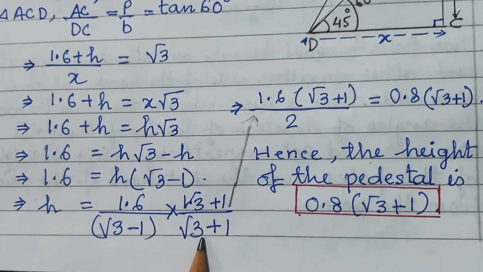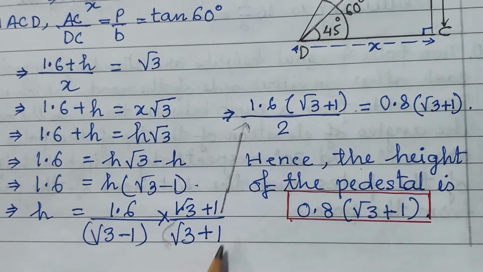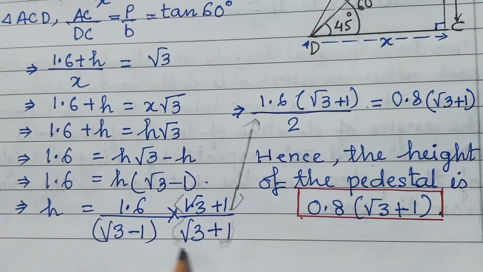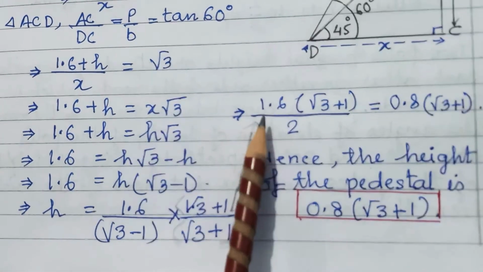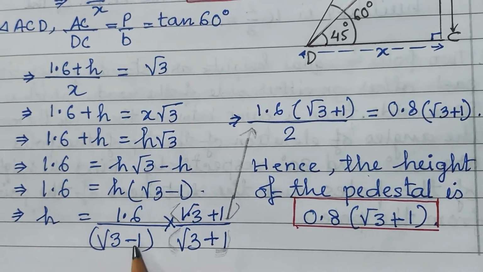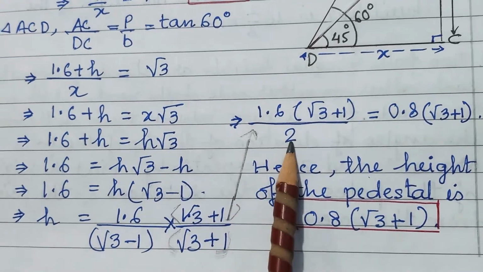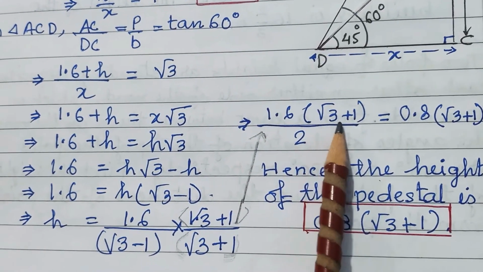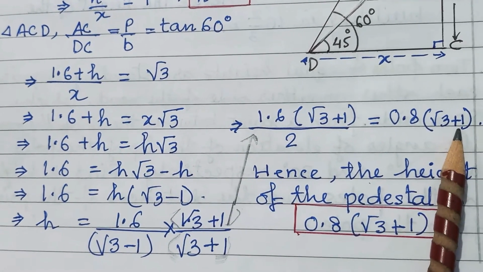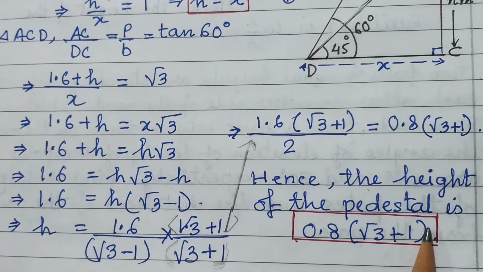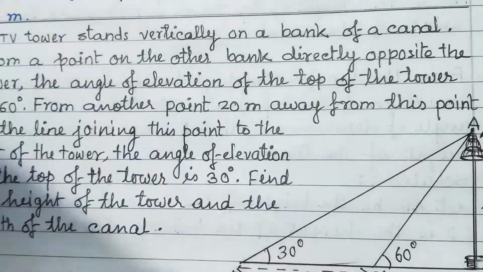Now rationalize: multiply by (root 3 plus 1) upon (root 3 plus 1). The next calculation I have done here: a square minus b square, it is 3 minus 1 is 2. So it is 0.8 (root 3 plus 1). So this is the height of the pedestal. Got it? Next question is